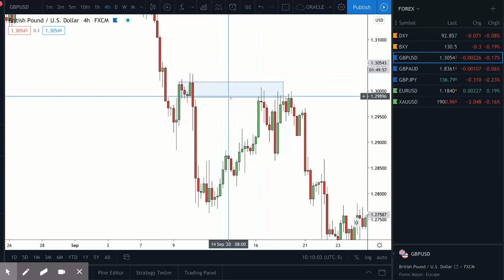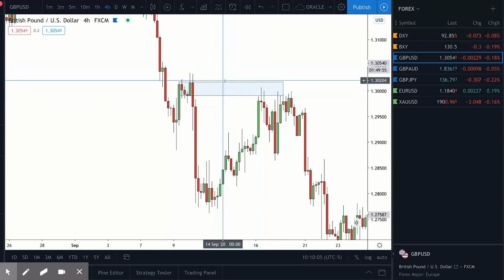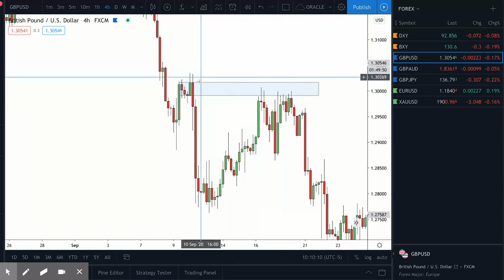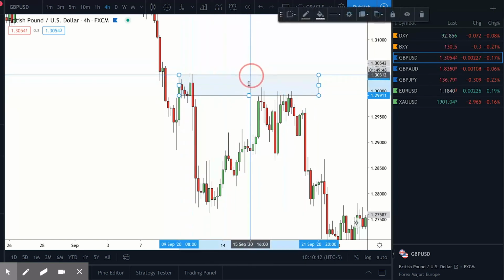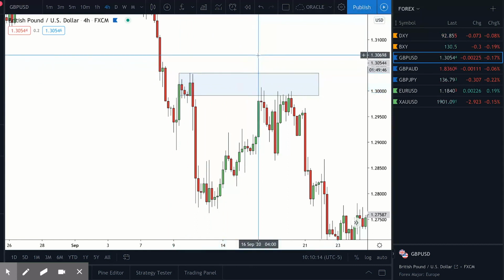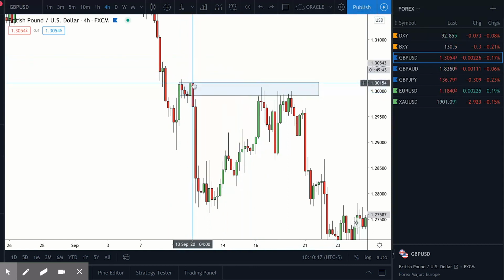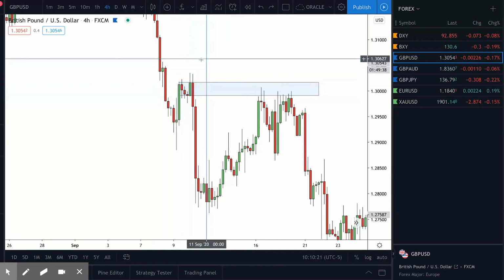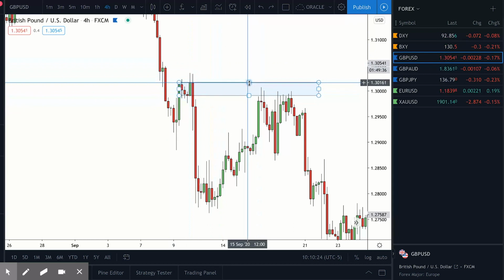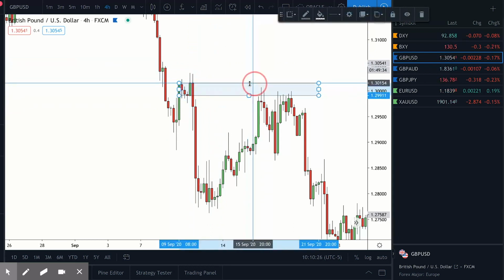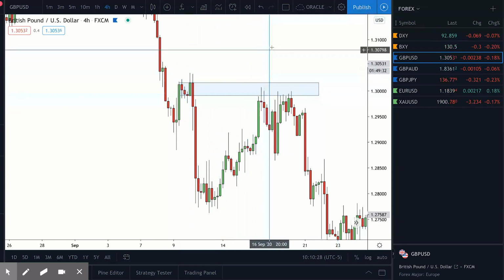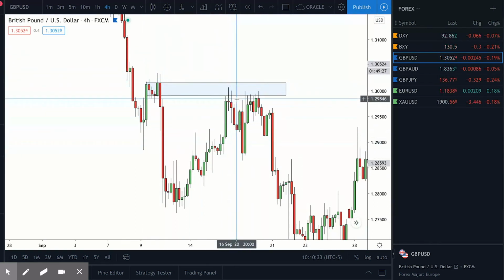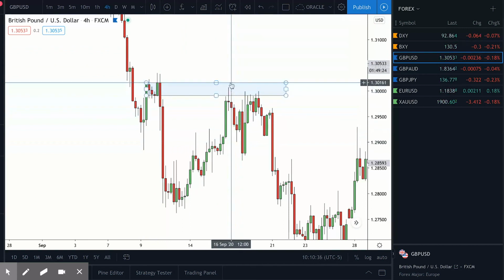So what we want to do is mark that zone. Now, you can be selective on how you mark your zones. Some people prefer to mark them with wicks included. My favorite way is to mark just the candle bodies. If we have the candles like this, we can see this is the main area of consolidation. Of course, we do have the wicks as well, but focusing on the bodies means that if we don't surpass the candle bodies, like this, where price pushes into this level and reacts but doesn't push over the candle bodies,